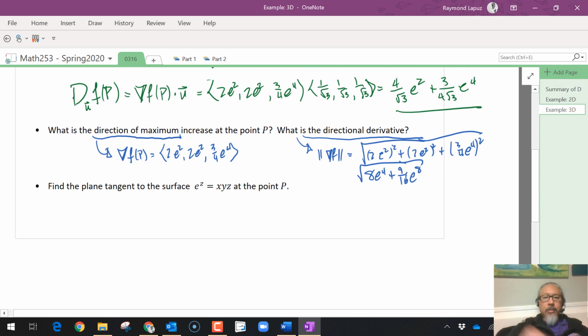We do have the gradient already, so it's going to be essentially the gradient times the values. So this is going to be your f sub x, f sub y, f sub z. So it's going to be f sub x, 2e squared, and then x minus, do you remember the x term? Negative e squared over 2,